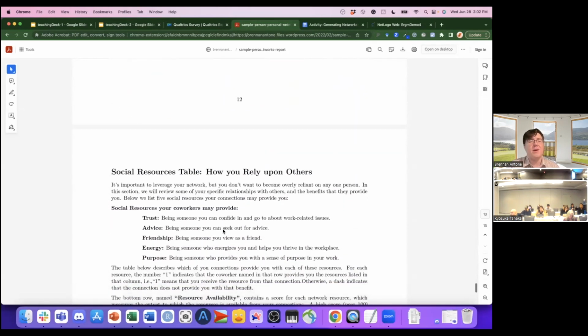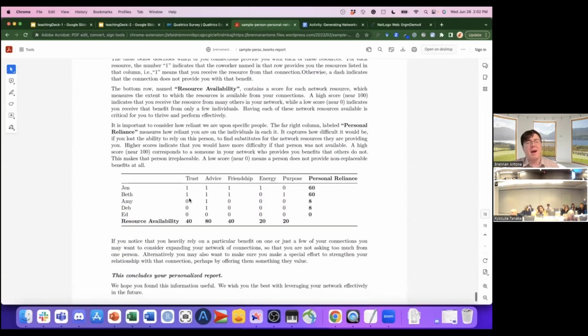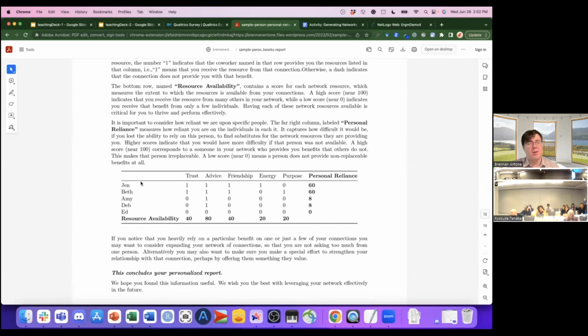And then the final section of the personal network report is the social resources table. It's a table mapping out who the people in your network are and what different resources you rely on them for. These resources are things like trust, someone you go to for advice, friendship, energy, so who's an energizer, and also who provides you with a sense of purpose. By plotting out your relationships with all these people, you can start to look at time multiplexity, as well as which resources are more or less